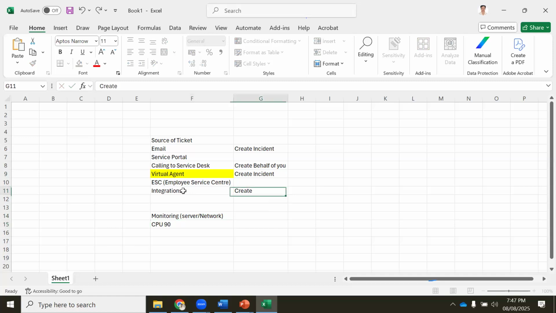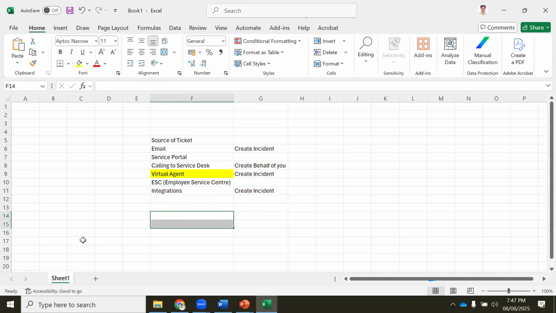That is monitoring tool integration with ServiceNow, where your ticket will be created. So we'll get into one of them. How do we do it? Testing all those things we will do.